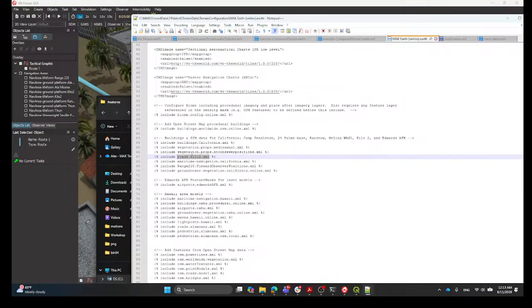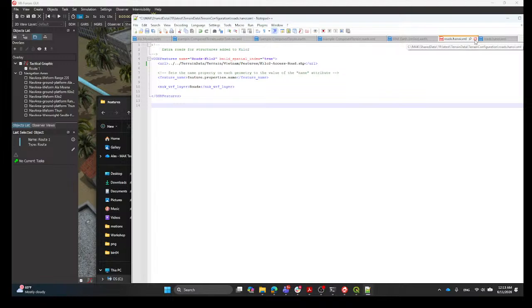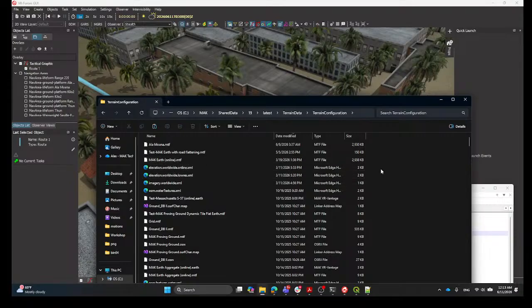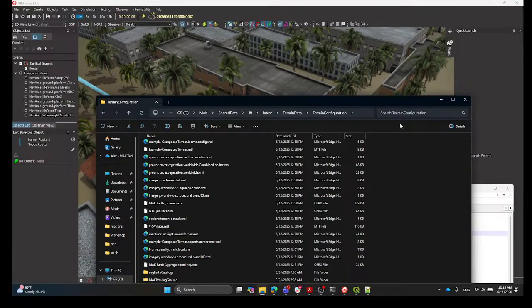Yeah, this is where it gets. Yeah, and this needs to stay in the same directory as this because there is no path. So I'm gonna kill that. That's XML. Yeah, this is done. Let's kill that. Do not save. I'm gonna go here. I'm gonna copy that. Actually, I'm gonna cut that. Cut Vietnam terrain data, terrain configuration. Paste that here because this has got the